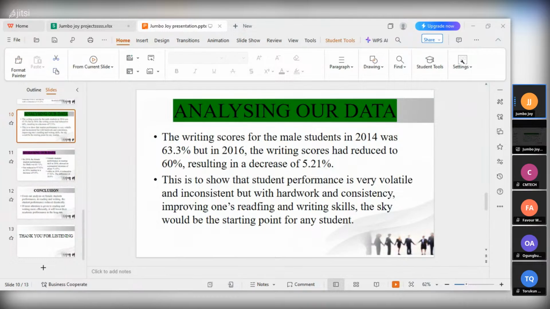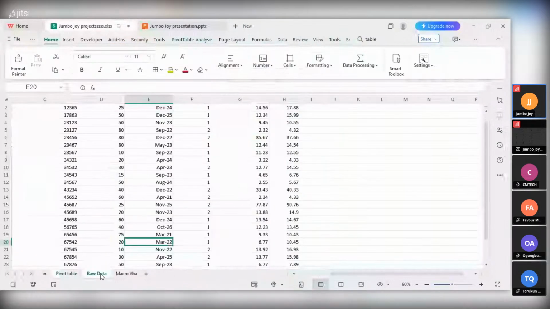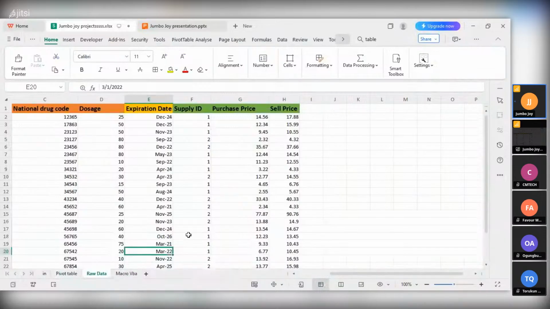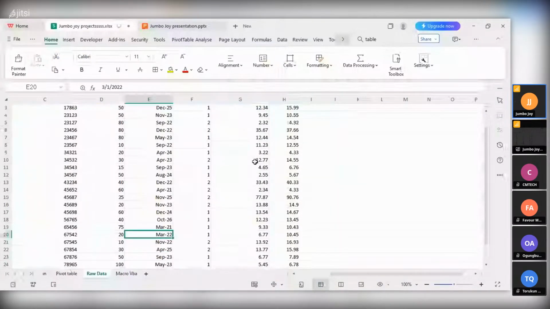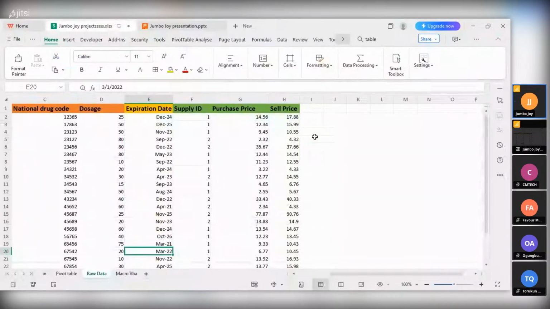You also said to get a pharmaceutical data set and work on macro VBA, which I've not really grasped very well, but I will still do more research on it. But I was able to